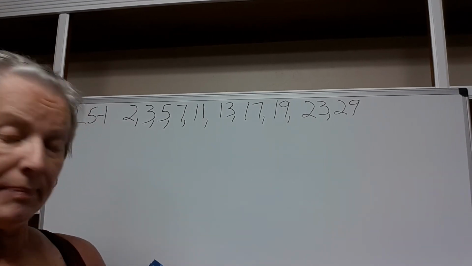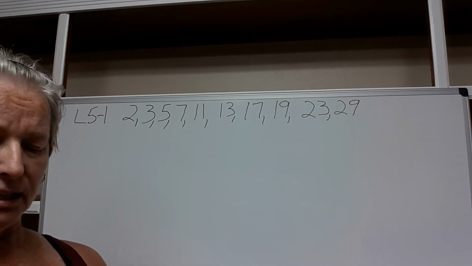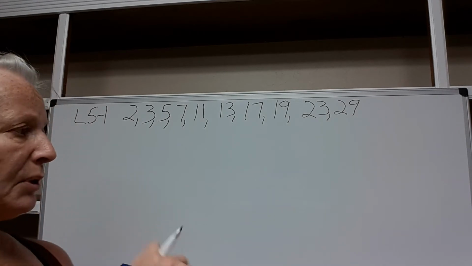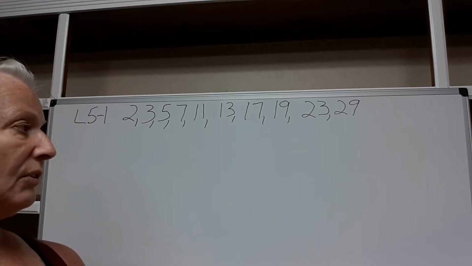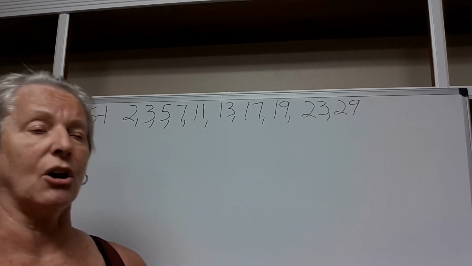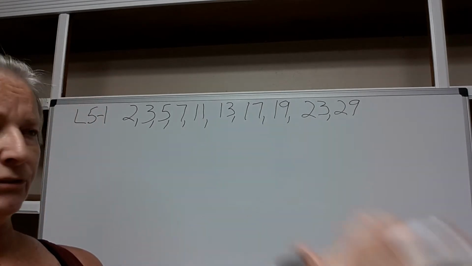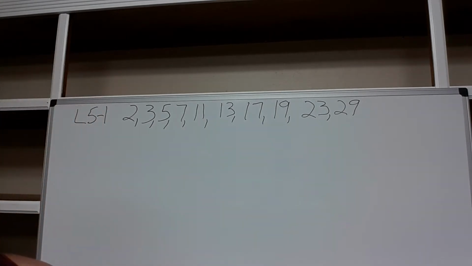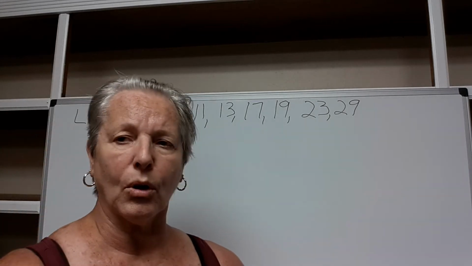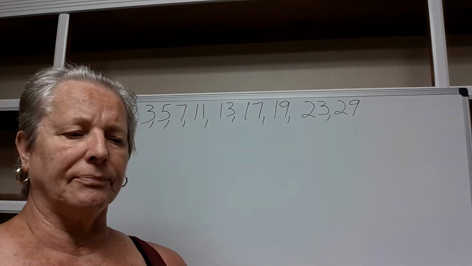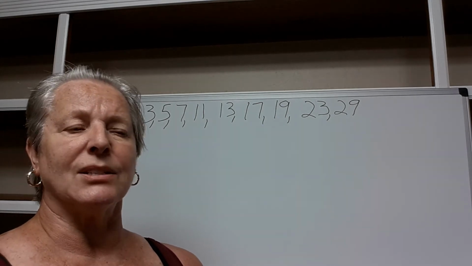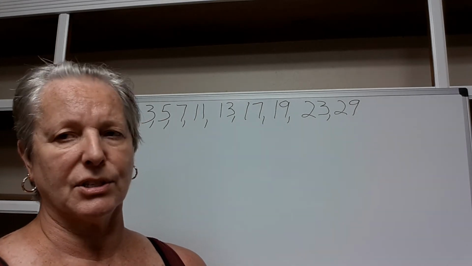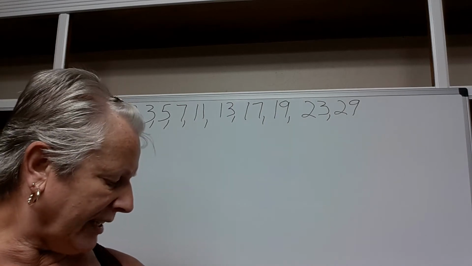We've already talked about what a factor is. It is the numbers multiplied together to get a product. We've gone over composite numbers, which are the ones that have 2 or more factors that are divisible into that number. And a prime number is one that is only divisible by 1 and itself. So let's try